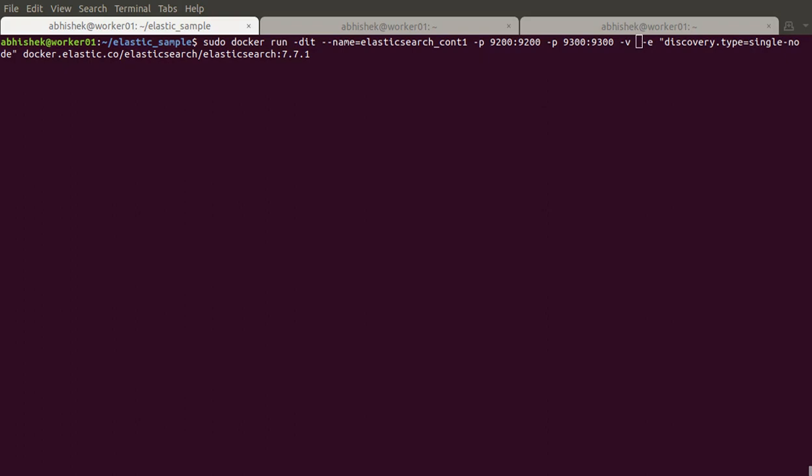Let me copy it from elsewhere. So this is the directory data01, the directory where we are going to mount the Elasticsearch data.